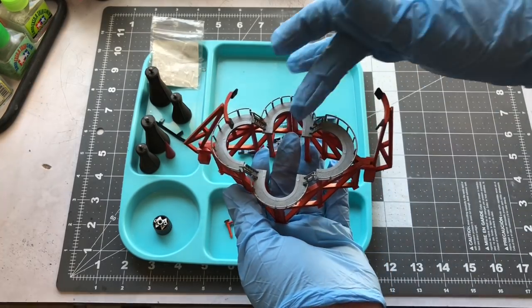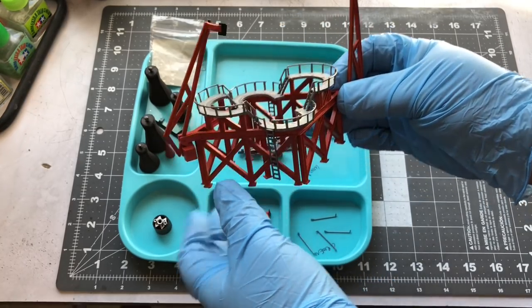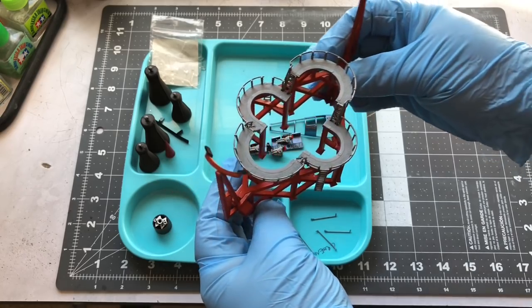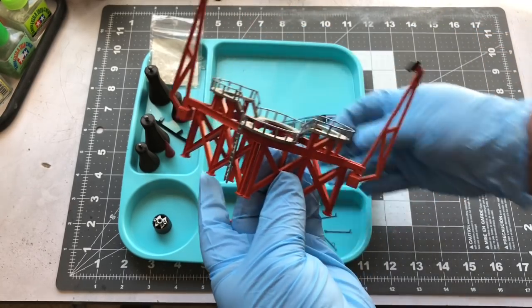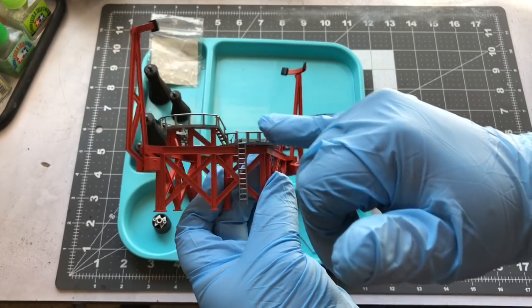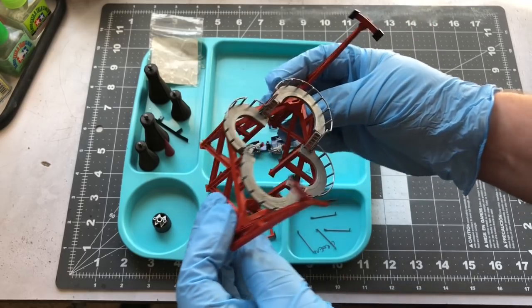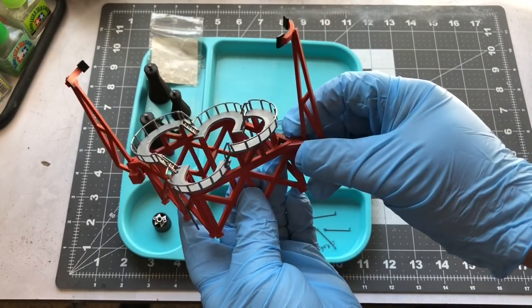I've got the upper platform pieces on, and from what I had to work with, I think I did a pretty decent job. It's not perfect, but all these little broken parts, I went ahead and just cut off some pieces from the extra part that I had. I thought I had more than what I did. I only had one extra part, but